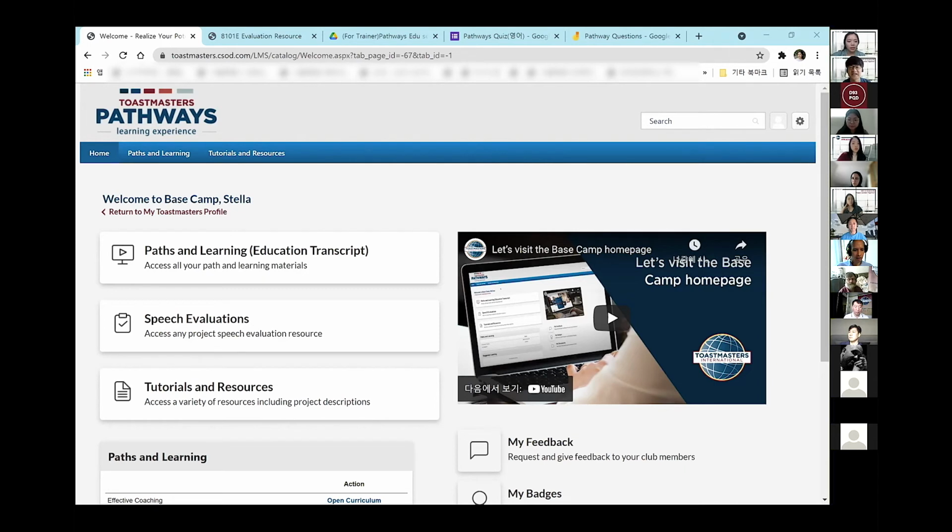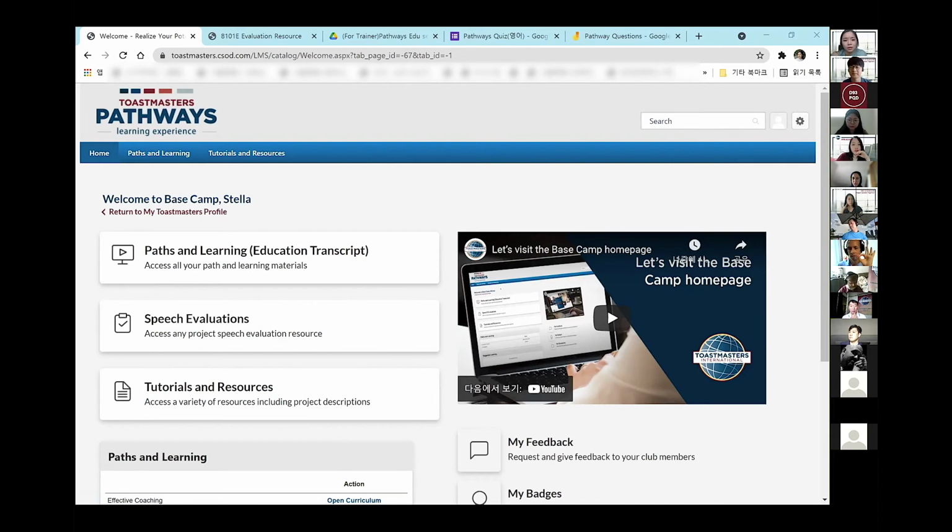In that case, just in the search corner, you can cast some keywords of your query. Then you can get the result from the Toastmasters International website. So that's what I'm using for the website right now. I'm just casting my question there and then getting the answer from Toastmasters resources and other information.